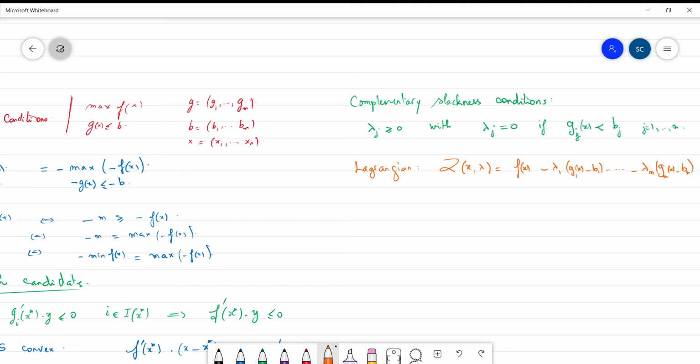And then the problem is expressed, if we have a candidate x star, the main theorem is the following. The theorem says that if x star is a regular point and a local maximum point